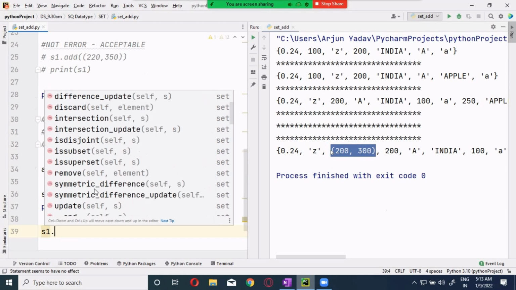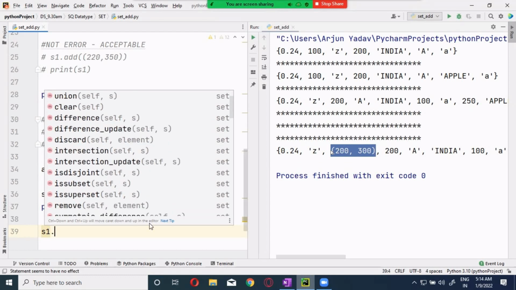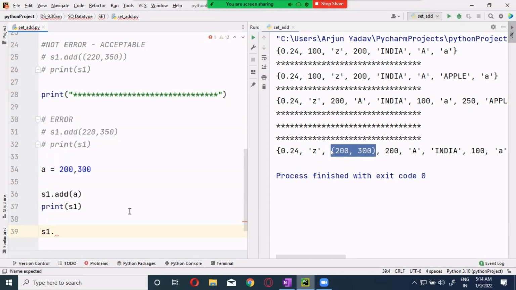I'm just going through some functions. What is the next we can use? The update is the one which we can use next. The clear, pop, and all these things. The union, the difference, those are the ones which are different over here. We are going to look into that. Now we are going to complete the set today. Once you are used to set, then we can go very fast.